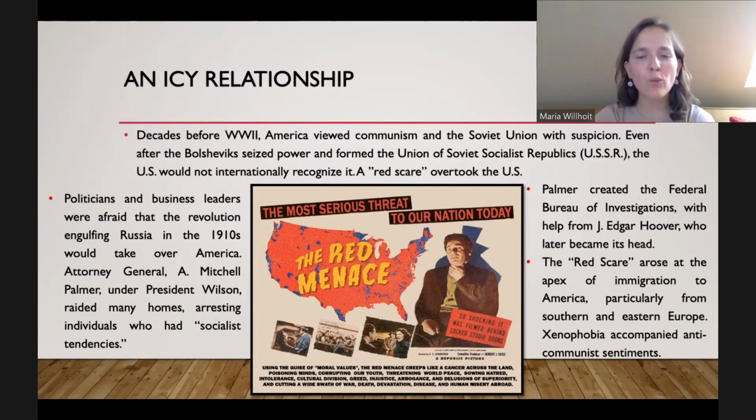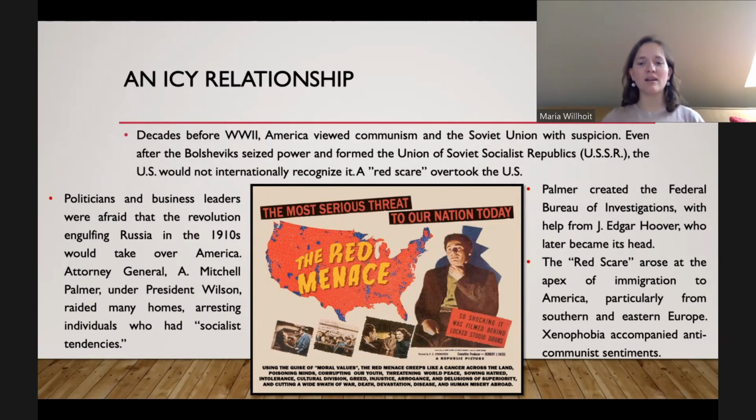And one of the reasons why it grew, I would say, why we had the Red Scare, is because it came at the culmination, the apex of our immigration in America. We had a lot of immigrants, especially from Southern Europe and from Eastern Europe, coming to America, millions of them. And this actually scared a lot of Americans. A lot of Americans were afraid that these foreigners were bringing in ideas, diseases, religions that were different from the America that they had known in their lifetime. And they thought that America was going to permanently change for the worse because of these immigrants.